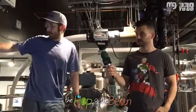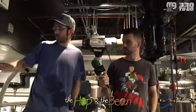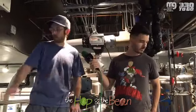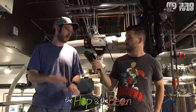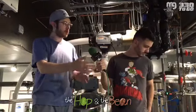So then, once we start transferring over to here, this process can take a couple hours actually. And once it's starting to come down significantly in here, then we start putting hot water on top to rinse the rest of the sugars out. Because if we just used the water volume that we transferred over, it would be a lot higher in ABV and a lot lower in volume. So we're diluting it as we rinse the sugars out till we get to the right volume and the right